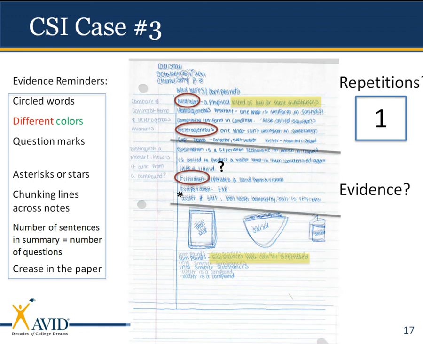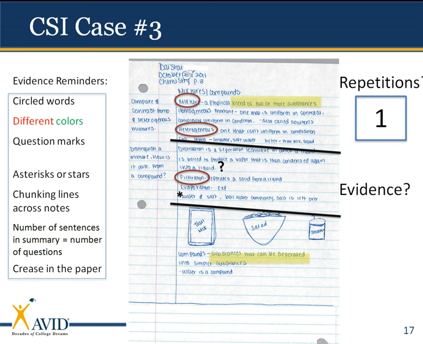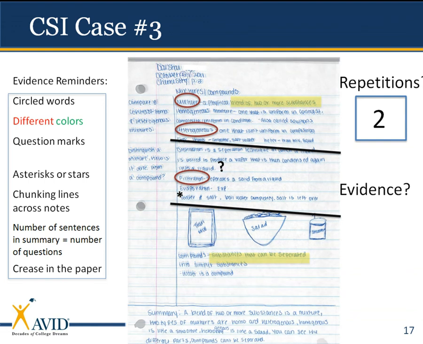Let's go ahead and chunk our notes and write some questions for those chunks looking at those main ideas. We're up to repetition number 2, but we're still not done because now we're going to write a summary over those notes, answering the questions that I wrote in my left column and my essential question if I had that there also. That's our third repetition, but Deja's still not done because Deja's now going to go and take her point of confusion to tutorials, get that question answered, and then the night before the test, she's going to study using the fold-over method. She's up to 5 repetitions over this information now.